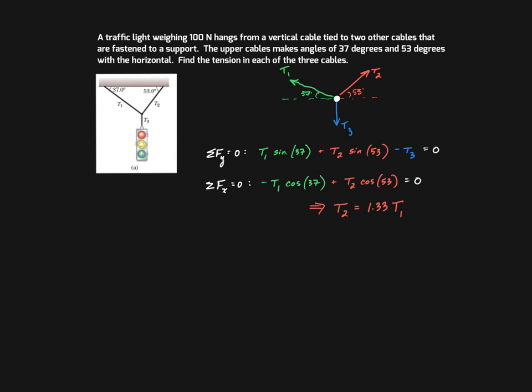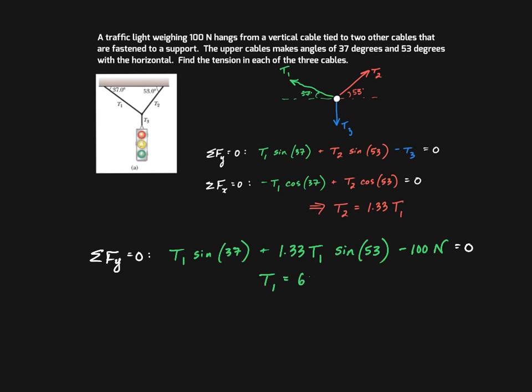Let's substitute T2 into our equilibrium equation in the y direction. So we're going to have summation of forces in the y equal to 0, and that's going to be equal to T1 sine of 37, plus 1.33 T1 sine of 53, and then we're going to be subtracting the 100 newtons because we know what T3 is. And then this is all going to be equal to 0. So if we simplify this down, I'm not going to go through all the steps, but we're going to get T1 is equal to 60.1